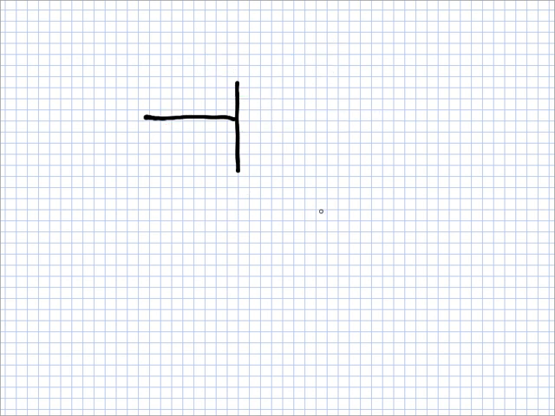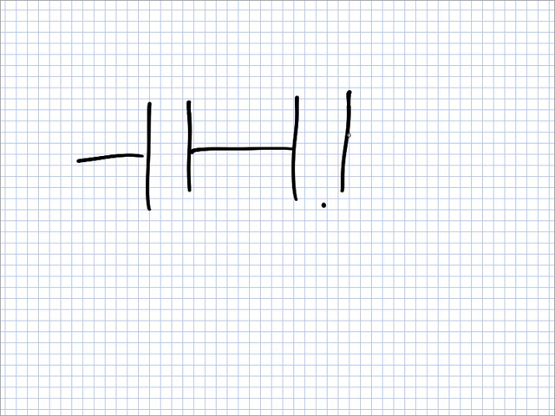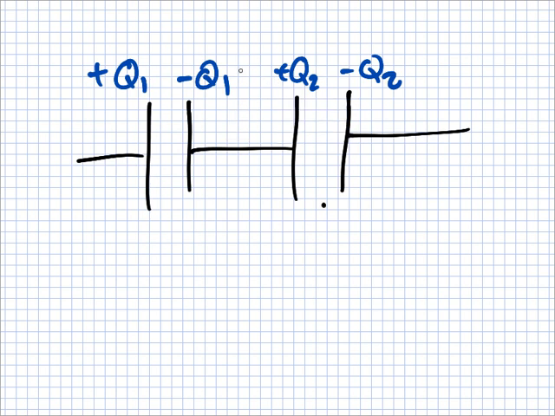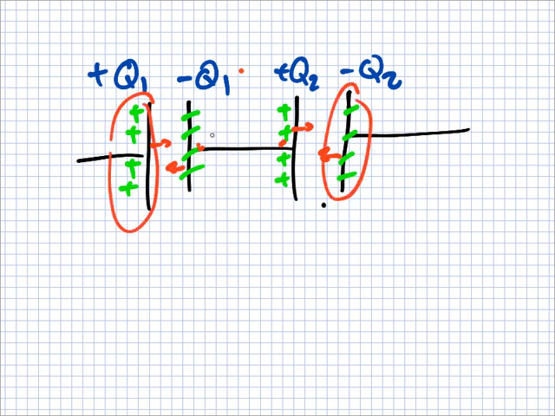Well, what happens when you have two capacitors together? Let's say this is Q1, minus Q1, and this is Q2, minus Q2. Let's draw the picture here. So positive, positive, positive, positive, negative, negative, negative, negative, positive, positive, positive, positive, negative, negative, negative, negative. When I turn the current off, this and this is going to have some movement, and this is going to have some movement. But when this negative moves, it'll only cancel the positive here. It's like you only care about this one and this one, because everything in the middle is cancelled as it moves